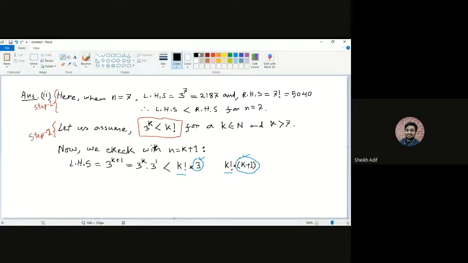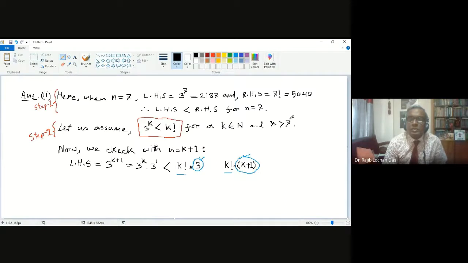Yes, sir. But I thought in step 1 you took n equals 7. No, it is correct, but more than 6 means 7 is the starting point, then we move on. More than 7 is also correct, because we already showed it, but it should be written more than 6. So if you put 7, k plus 1 is 8, then 3 is less than 8. If you put 7 or 8 or 9 or 10 or 100, it is always more than 3, isn't it?